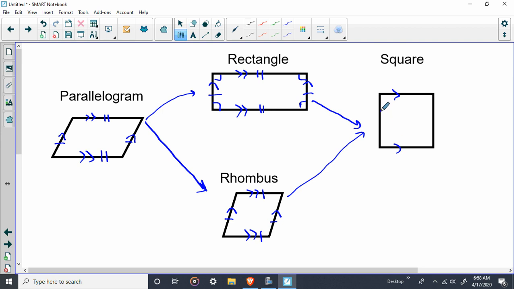All right, you have two sets of parallel sides, right? Are the opposite sides congruent? Yes, but like a rhombus, all the sides are congruent, okay? And your angles, all 90 degrees,